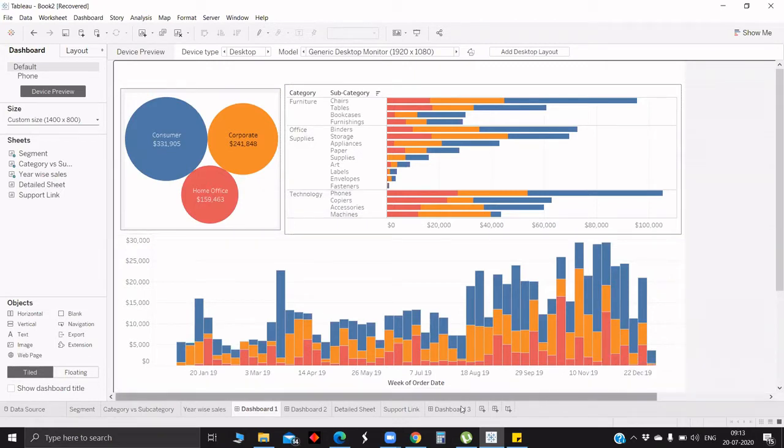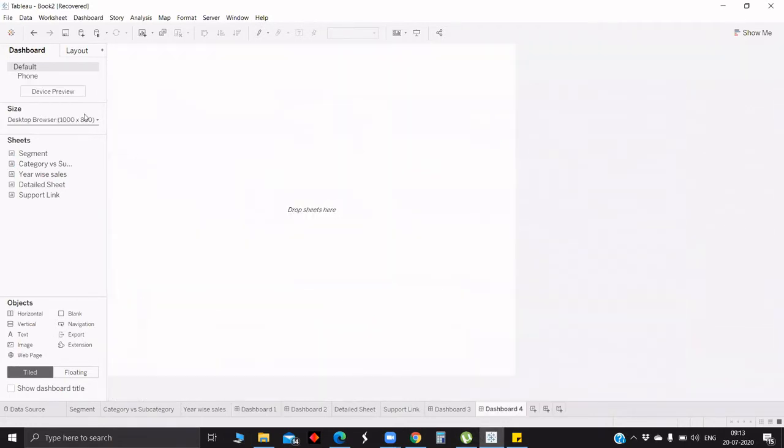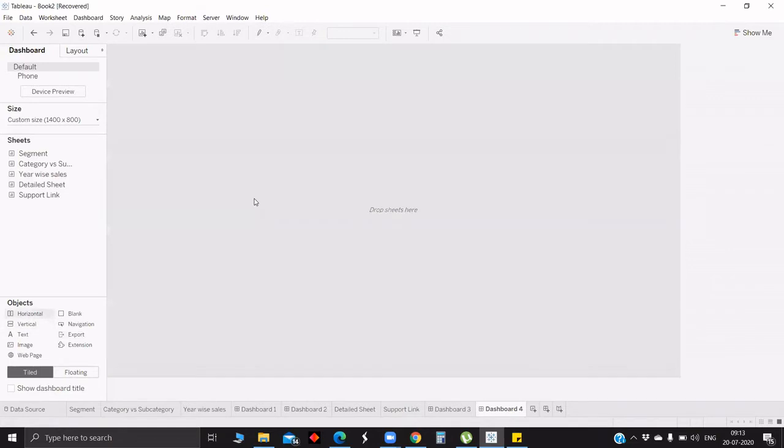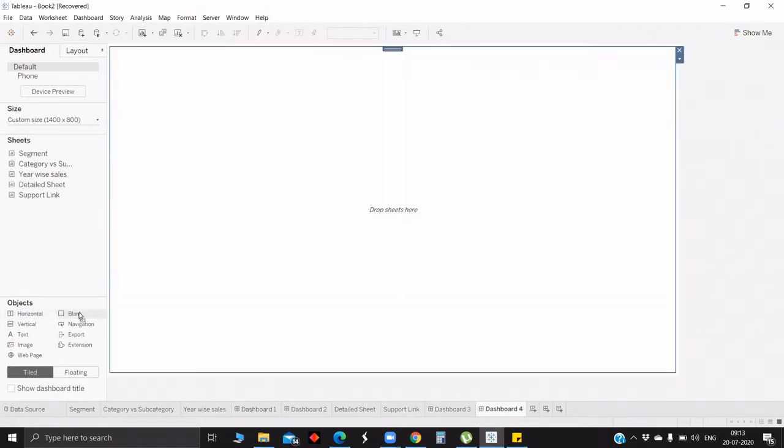So let's quickly create this dashboard using the containers. As usual, the first step is to fix the outermost size of the dashboard; I am fixing 1400 by 800. Since, as we discussed, first there should be a vertical so that we can control the heights of the three compartments or containers inside it. So first let me drop a vertical, then as usual we will drop the blank. Now this first level is over. In the second level, what we saw is that the topmost should be horizontal so that we can place the title, legends, and color side by side.